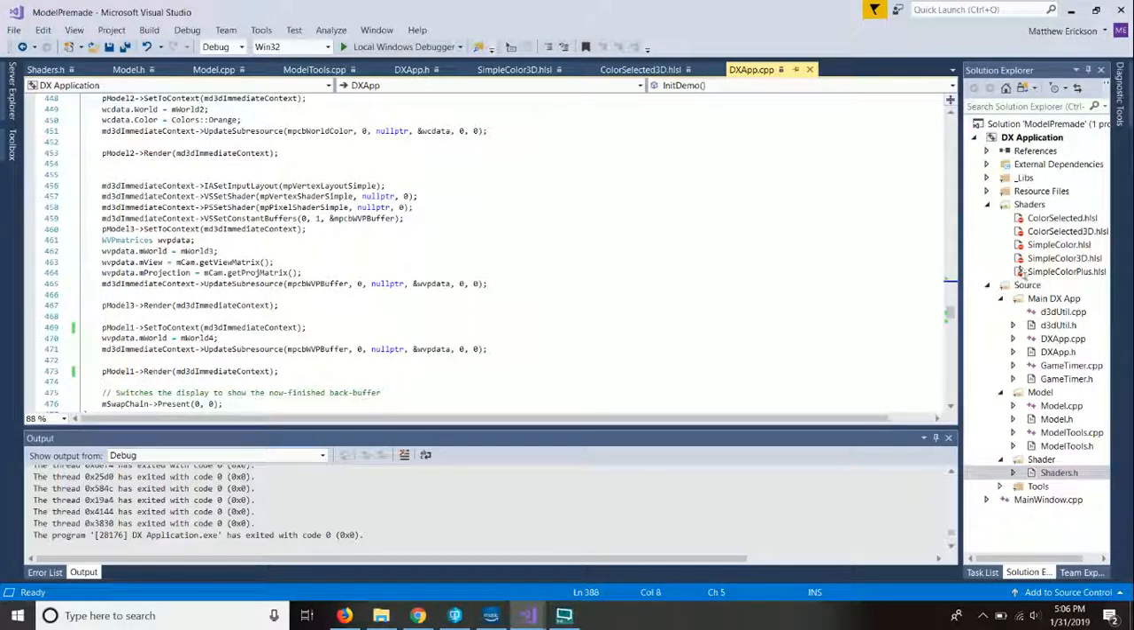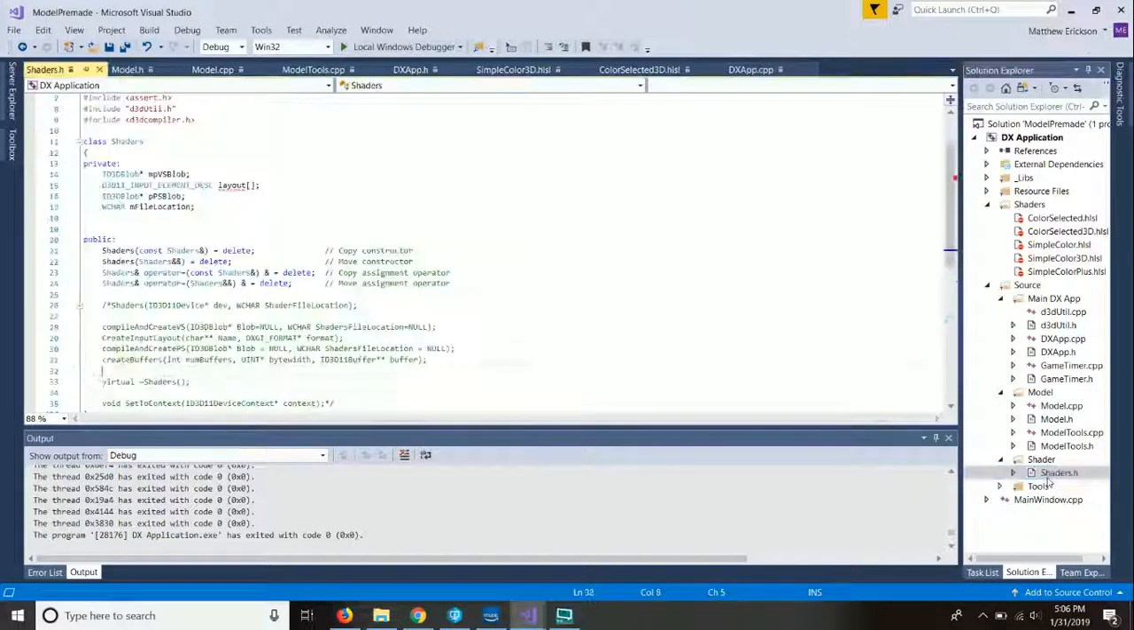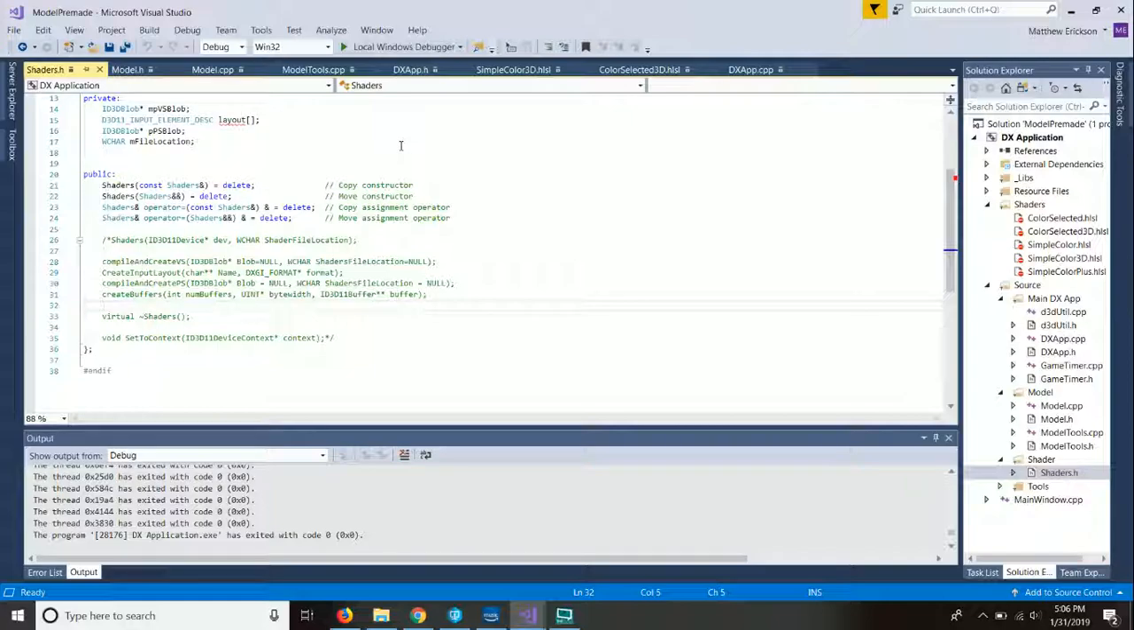Then the last one was the shader header file, which I figured in this one, all you really need, this is just a quick write-up of what we possibly need. You need a way to compile and create your vertex shaders, your pixel shaders, your input layout, and your buffer, if any of those are needed, along with just getting the information of which shader file you're going to use, and then the ability to set it to the context and destroy it. That's all for assignment